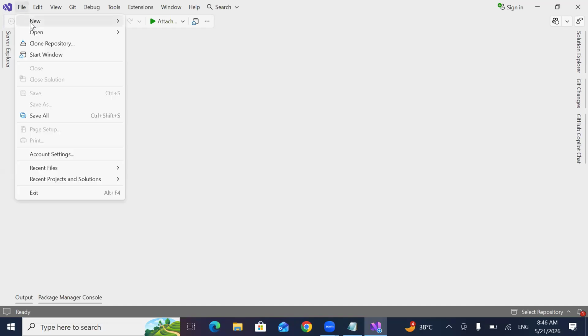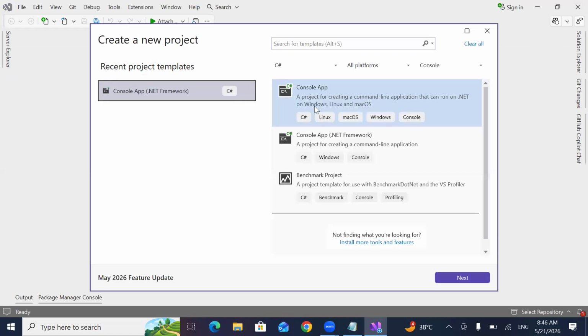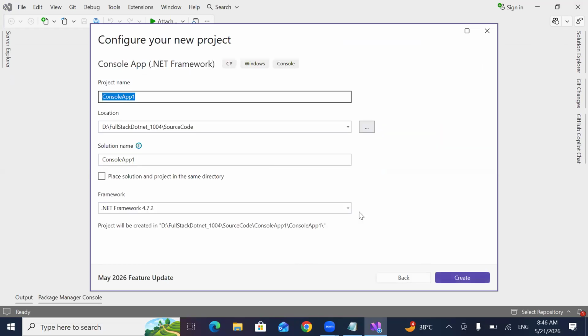File, new project. I selected Console .NET Framework. Next, I simply say sample class example. And then I'm storing the data in this folder. Click create.